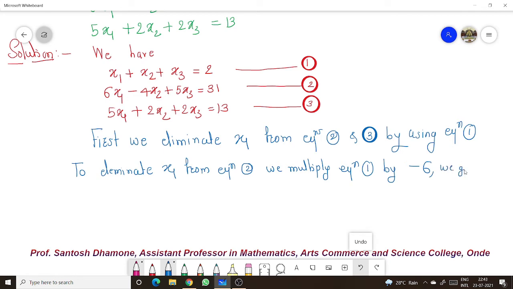We get -6x1 -6x2 -6x3 is equal to -12. This is equation 4. Adding equation 2 and 4 we get